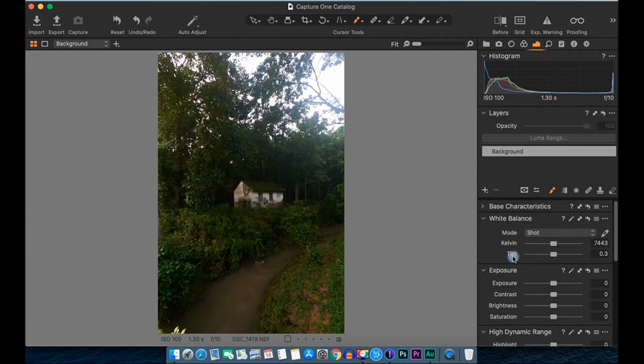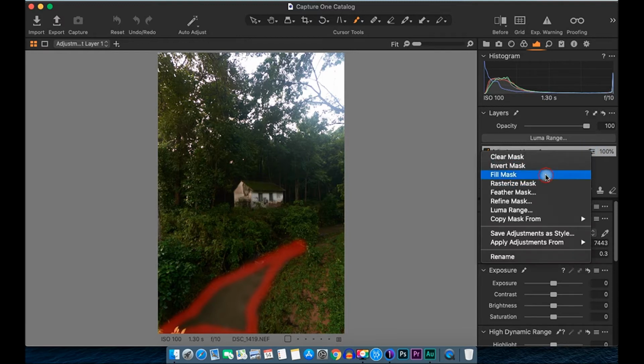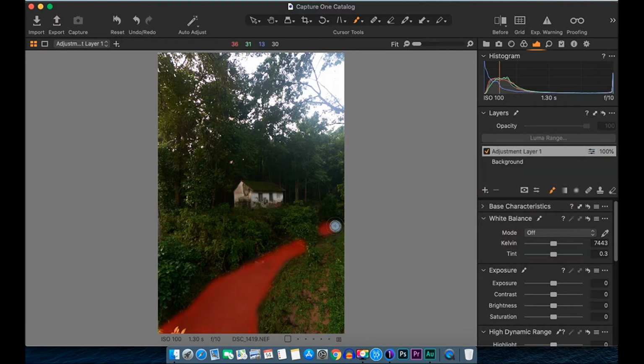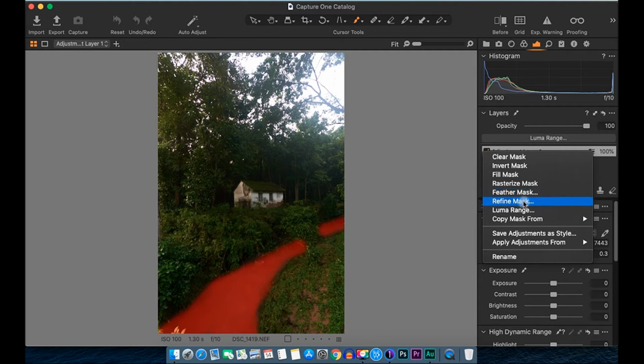Let's take one empty adjustment layer. We'll take a brush tool and paint over this water body. Right click on this icon, fill the mask and paint over this as well. Again we'll right click and use the tool refine mask.